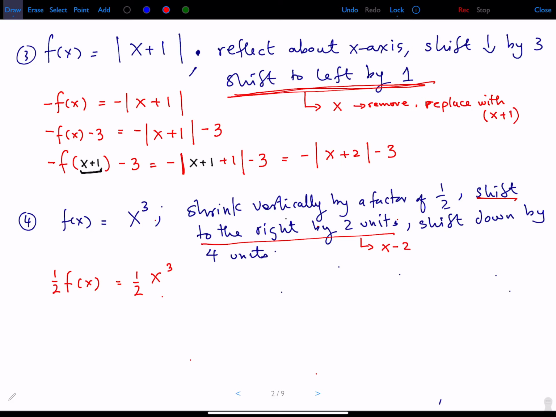And then I have a shift to the right by 2 units, meaning that my new input is x minus 2. I'm shifting, so I'm going to take out the x, which is originally in this function, and I'm going to replace it with what? x minus 2. So I end up with 1/2 f of x minus 2, which means that when I come to the original function, I have 1/2, and then I have x minus 2